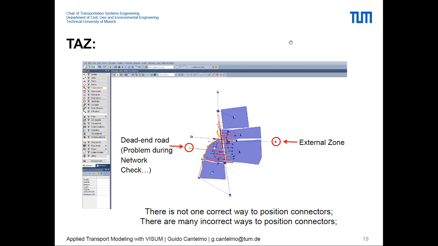Traffic analysis zone. You have to create clearly several of them, not only one. So in this example, we have created several. But also, as I mentioned in the previous class, you need to create also external zones that represent whatever happened